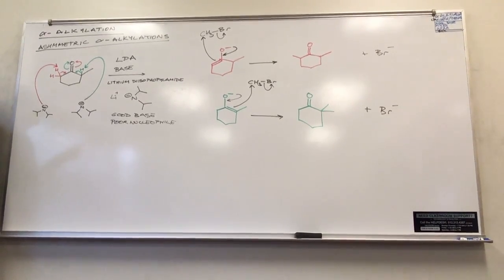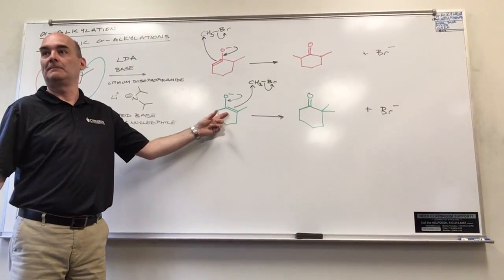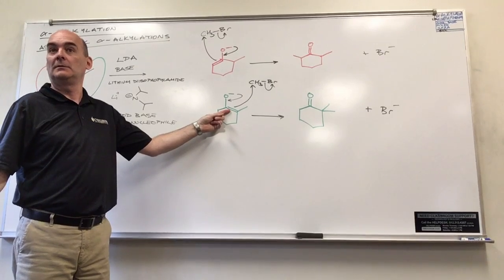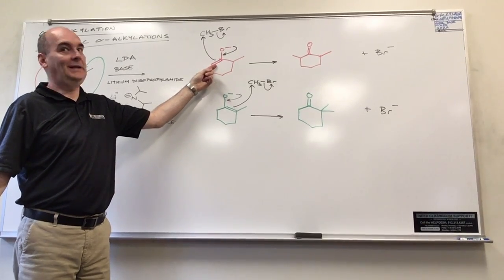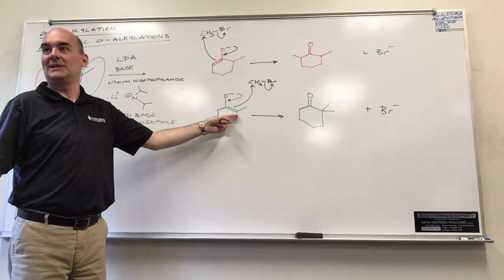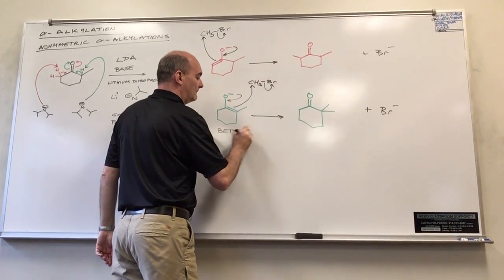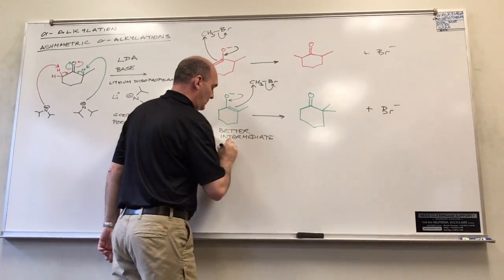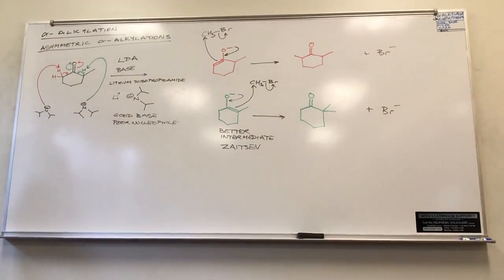And so we're not going to look primarily to carbanion stability. We're going to look to alkene stability. And Zaitsev says, if you're going to build an alkene, build the most substituted one. So this one, the red one, is not as good as the green one. This is the better intermediate. It is the better intermediate because Zaitsev says so, not because of carbanion stability. Okay,